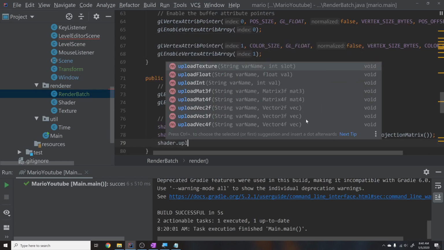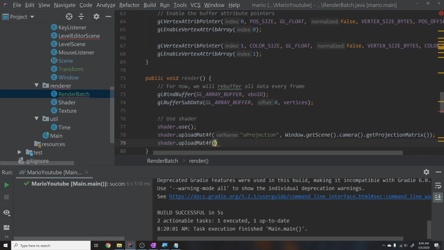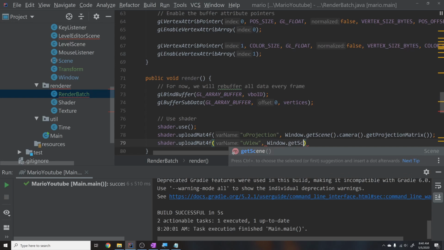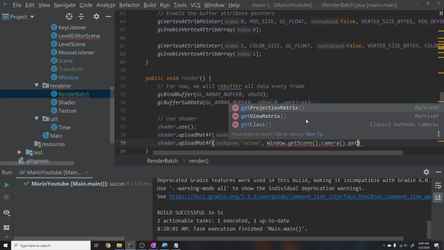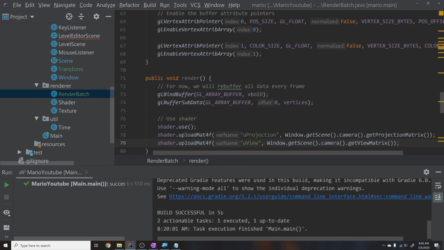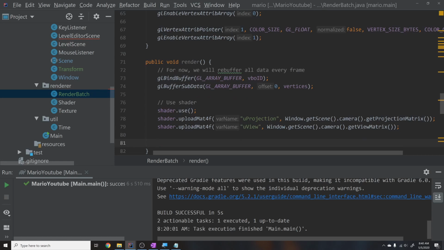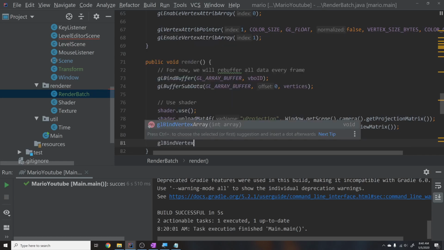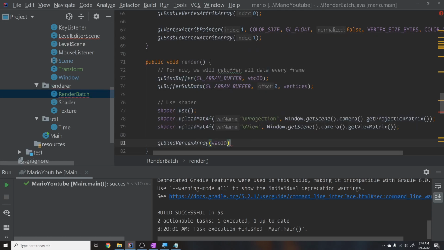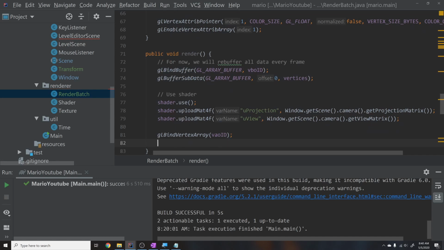Very useful now. Then we'll say upload another mat4f. This is going to be our U view. And we're going to say this is the window.getScene.camera.getViewMatrix. And that should be good. That's all we need. Then we'll say bind the vertex array, our VAO ID, which is the VAO for this